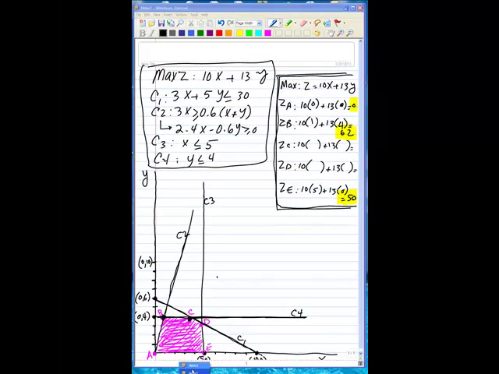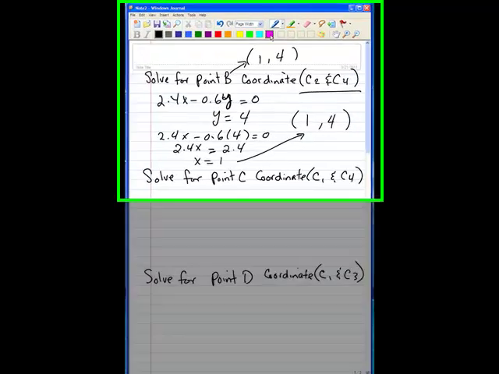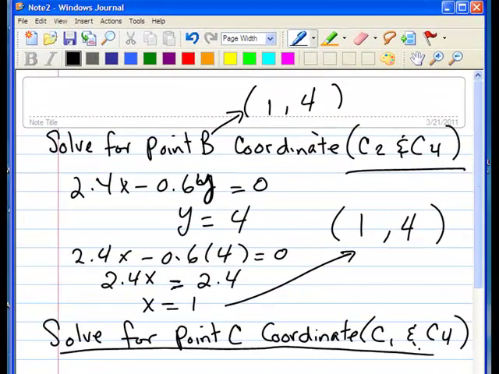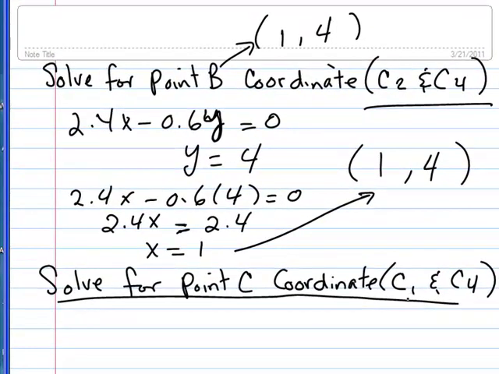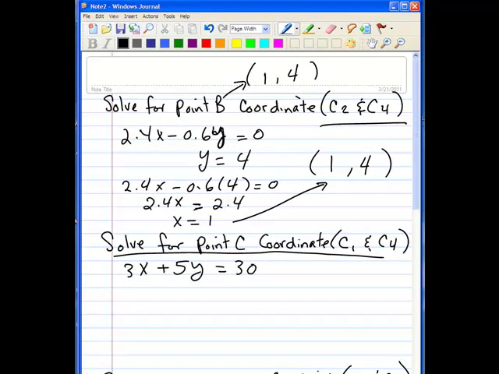So, solving for the coordinate for point C, which occurs at the intersection of constraint 1 and 4. Here's constraint 1, 3x plus 5y is equal to 30. y is still equal to 4. So we know the coordinate for y is equal to 4 at that point. Plugging 4